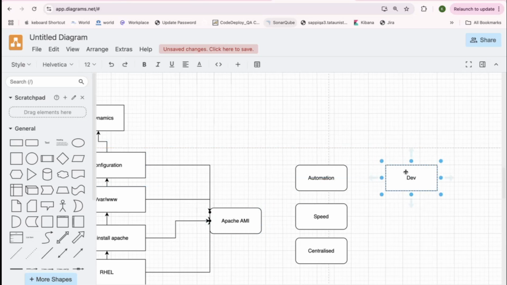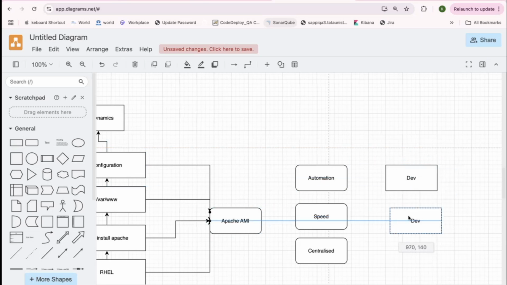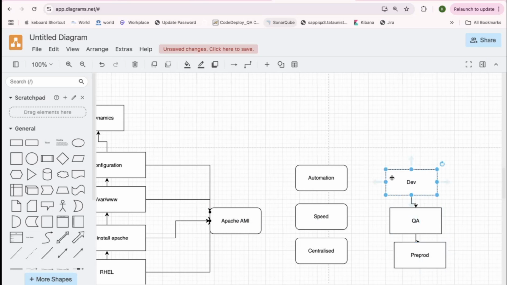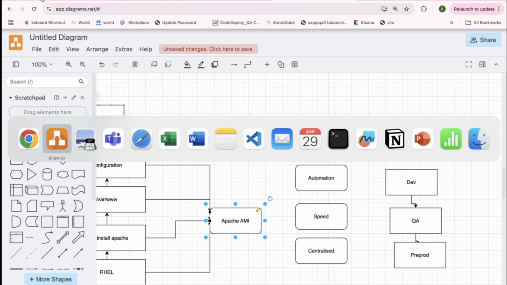Let's say I have three environments: dev, QA and pre-prod, considering that production will be separate. Let's say the AMI was created in the dev account. I can share that AMI into the QA account, and into the pre-prod account as well. So the advantage is not limited to one account; across accounts also you can share that AMI. You are making a change at one place and using it as a bundle for all other places.